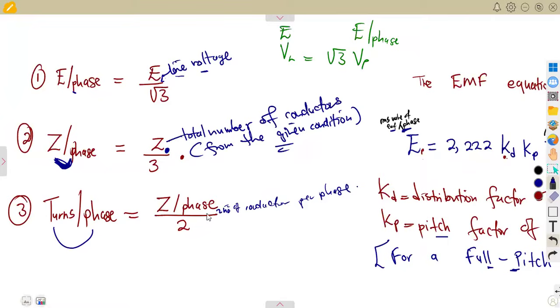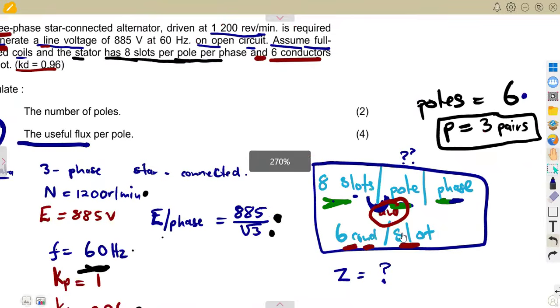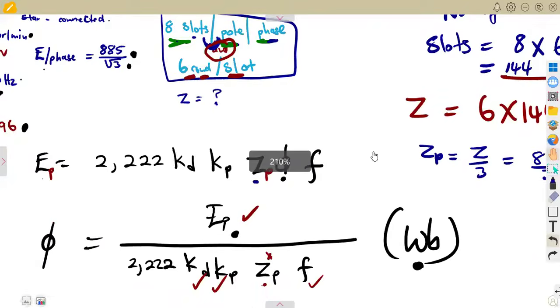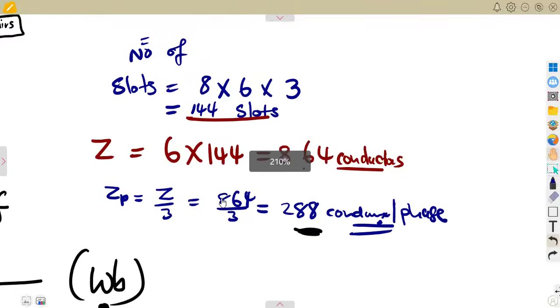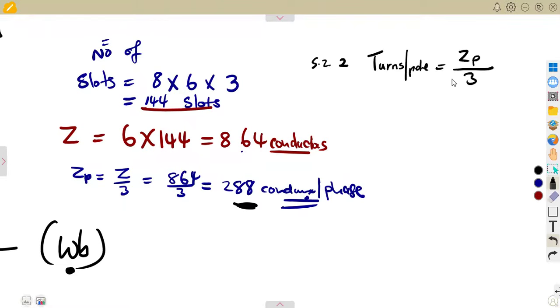So meaning to say you're going to need Z per phase over 2, of which you calculated ZP. Remember your ZP. It was going to be part of this calculation also. So that is the turns per pole. According to what they gave us, they are saying per pole, that means per phase. That is ZP over 3. All right, so that is over 2, sorry, over 2. The over 3 is converting